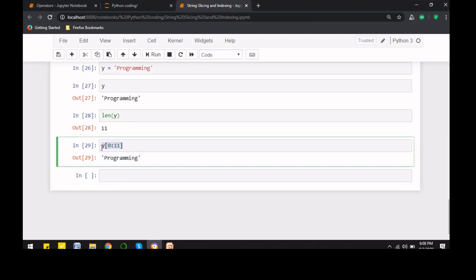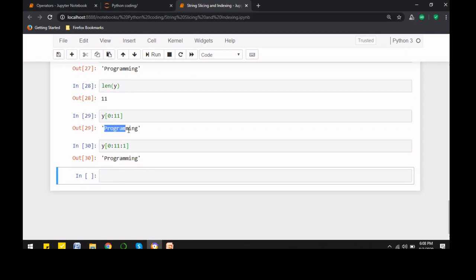Or what if I write this with a margin 1? Both the ways are same only, because this gives by default a margin of 1 only. So now let's see, again both are getting the same output. Now I want to increase the margin, and let's say if I increase the margin to 2, what will be the output here?